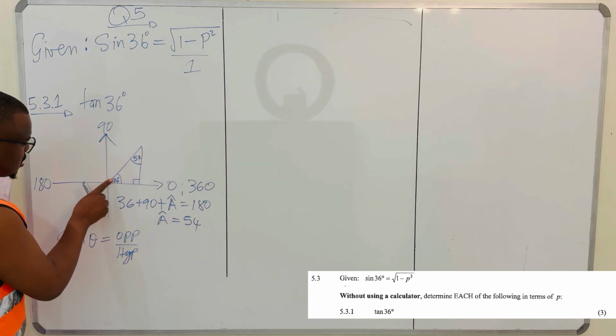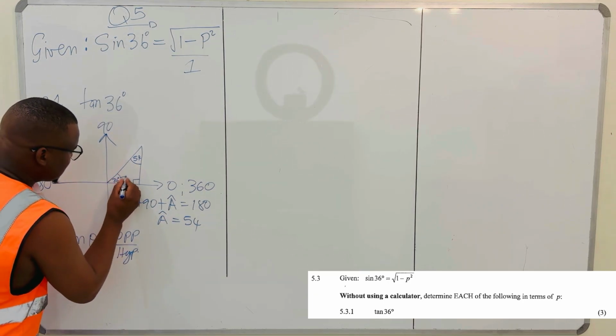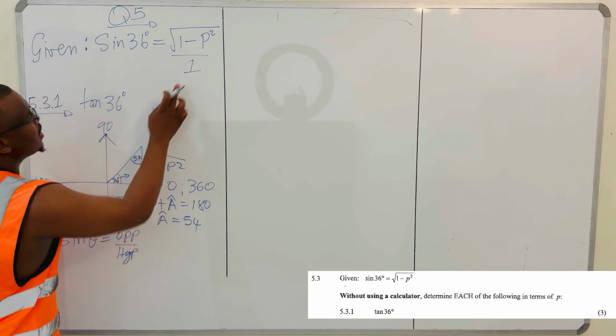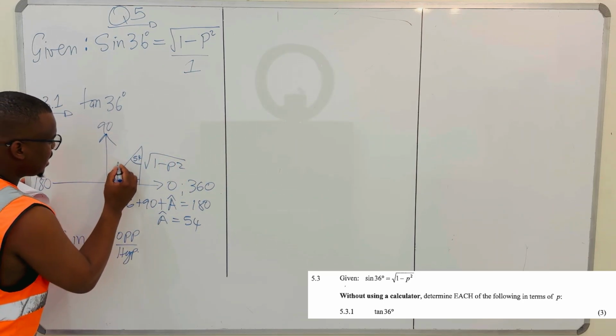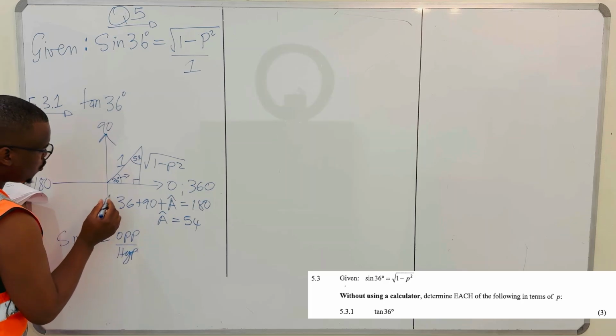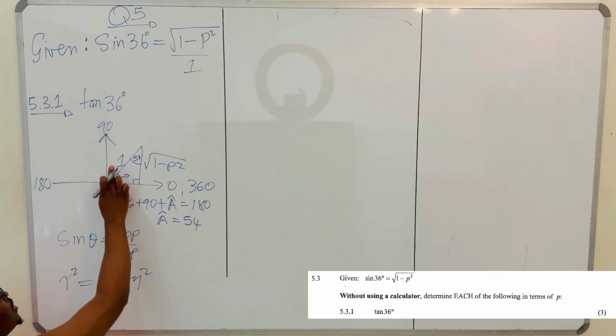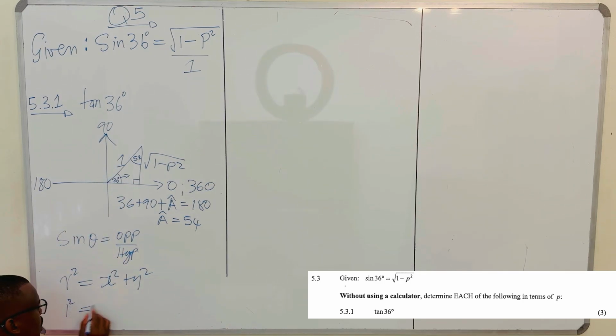Your opposite to this angle is that side over there, which is the square root of 1 minus p squared. And your hypotenuse is the longer side of a right angle triangle, which is this one. So what you don't have is this side over here. But because you have a right angle triangle, you can use Pythagoras. So let's do that. The square of the hypotenuse is equal to x squared plus y squared. Hypotenuse is 1, squared, is equal to x squared